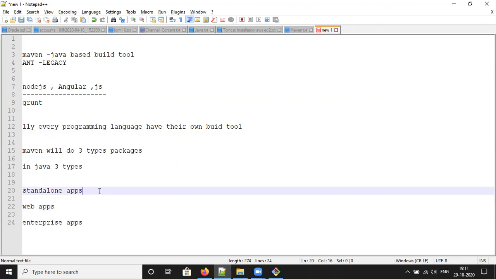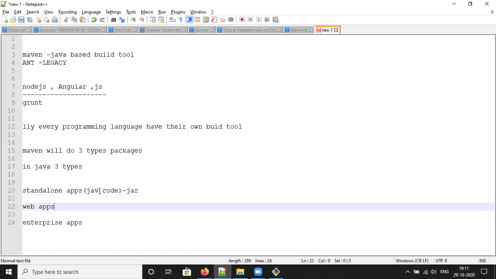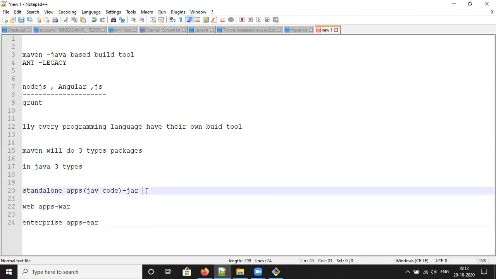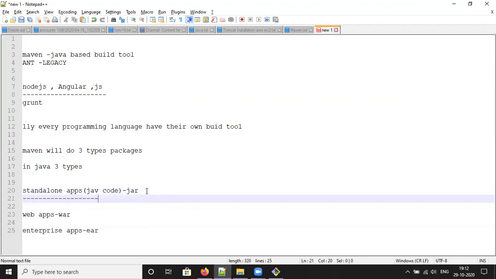If it is a standalone application, it is only the Java code, which contains the jar. If it is a web application, it contains the war file. And the enterprise application contains the ear file. Let's go with the standalone application, which contains only the Java code.